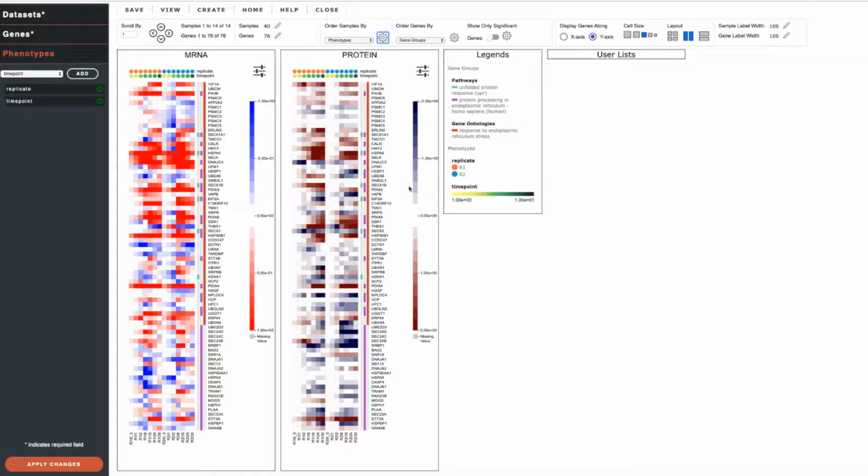However, for datasets that have many samples or for datasets where samples do not have such an inherent ordering, clustering is often the key to revealing structure in the data. The second control in the ordering and filtering panel is for ordering genes. The drop-down list below, Order Genes By, presents three options: order by gene groups, order based on hierarchical clustering, and order by significance level. The first option,